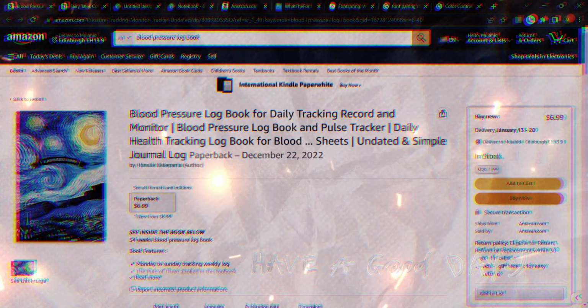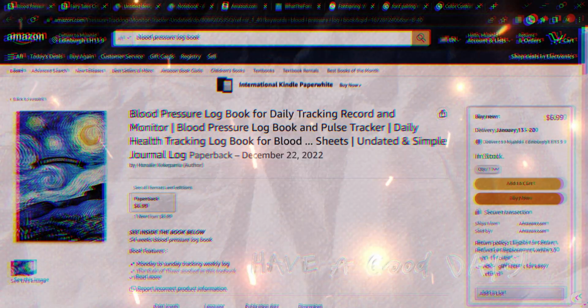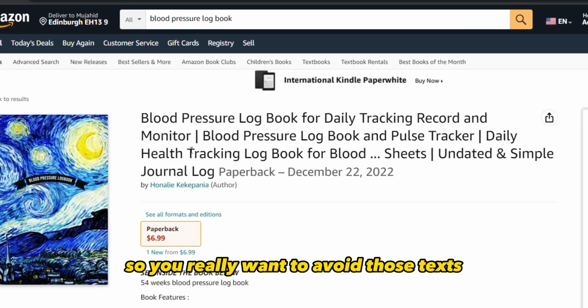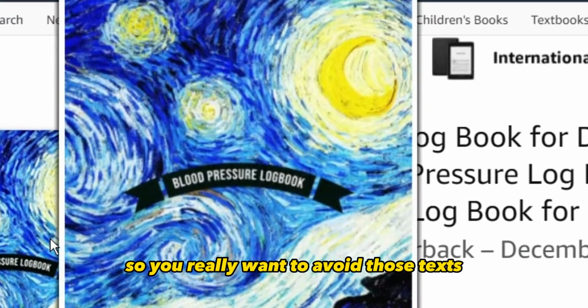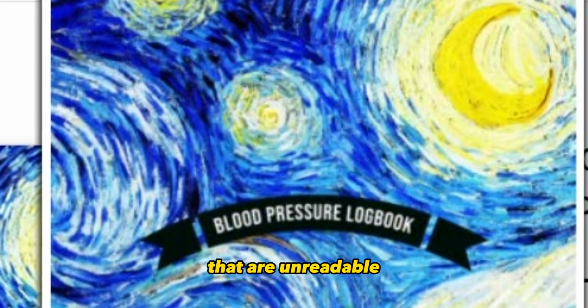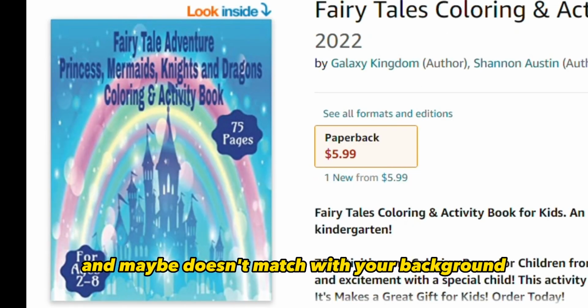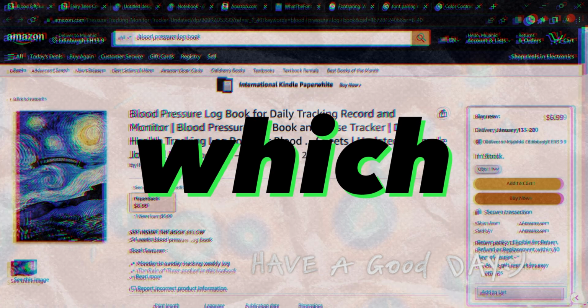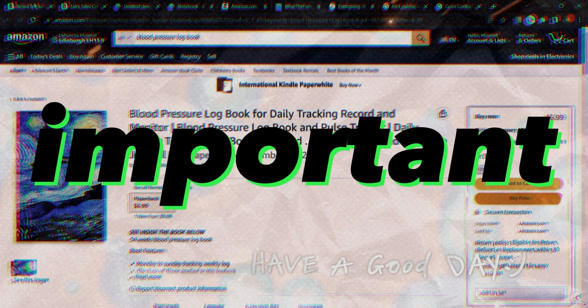I'm going to show you 5 simple steps how to choose the right font for your cover design. So you really want to avoid those texts that are unreadable and maybe don't match with your background. So how to choose the right font for your cover design, which is one of the most important elements in